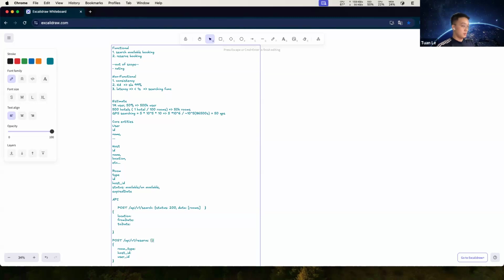And the return is 200 and the resource ID and resource status.